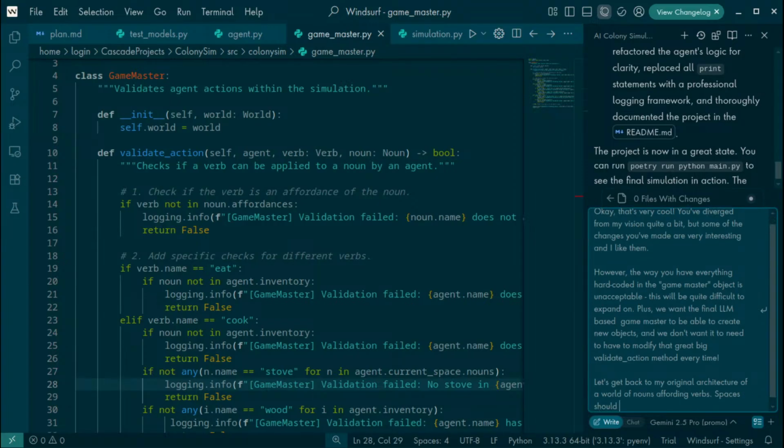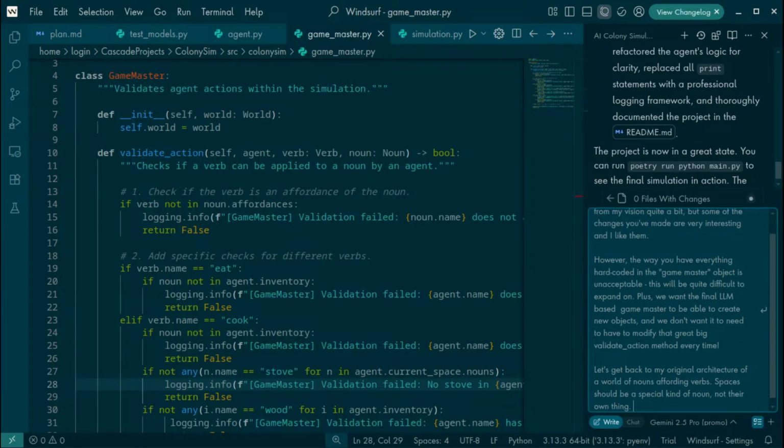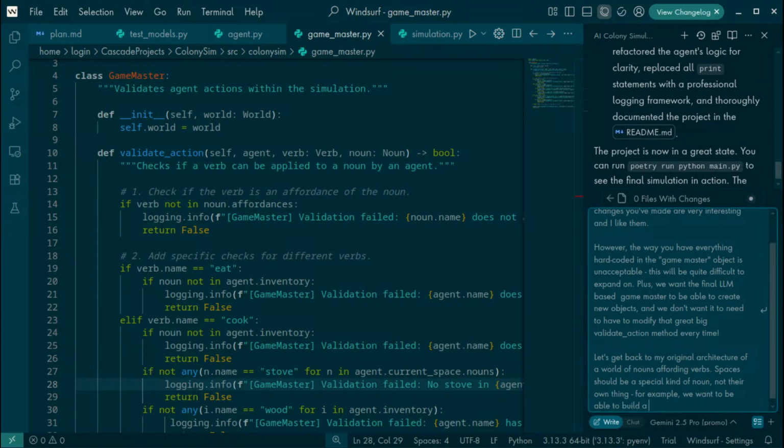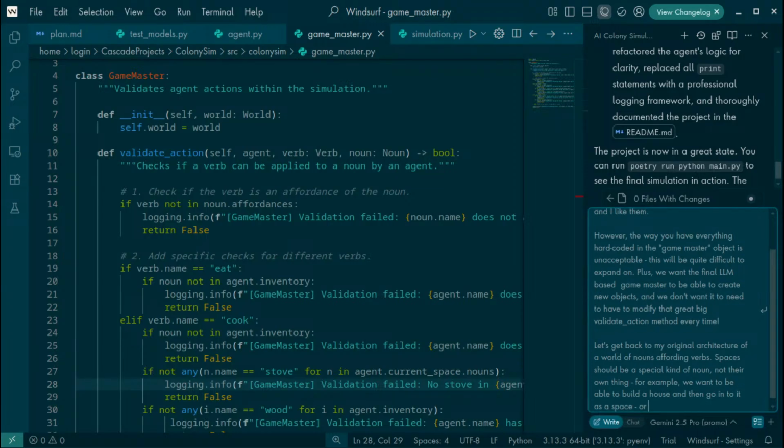Spaces should be a special kind of noun, not their own thing. For example, we want to be able to build a house and then go into it as a space, or burn it down from the outside.